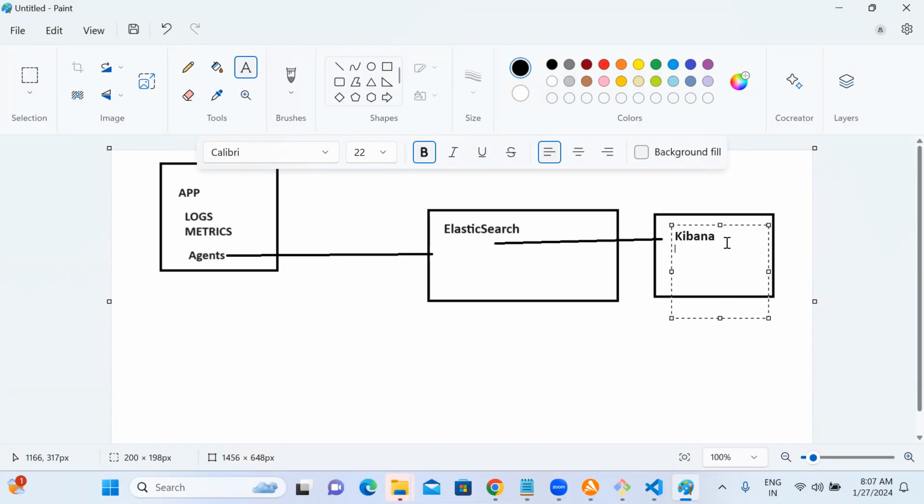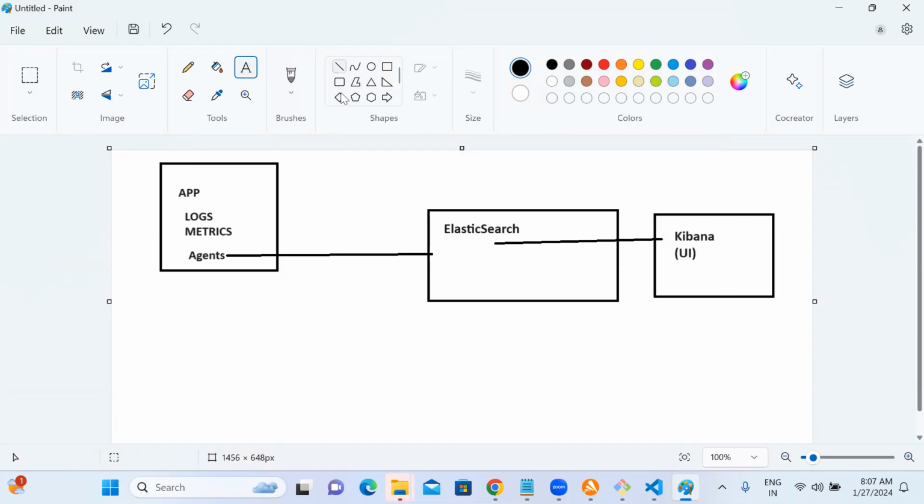Kibana's main job is just UI. That's it. This logging agent will collect the data and then send it to Elasticsearch. From Elasticsearch, it will be displayed on Kibana. Where will these logs come from? From your Apache or WordPress. The developer will write the log, custom logs also. That log, it will collect and then send to Elasticsearch here. From here, we will send to Kibana.